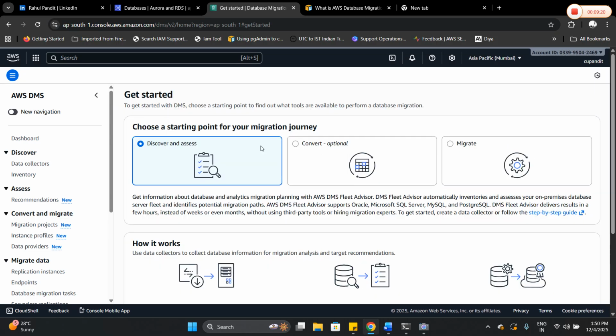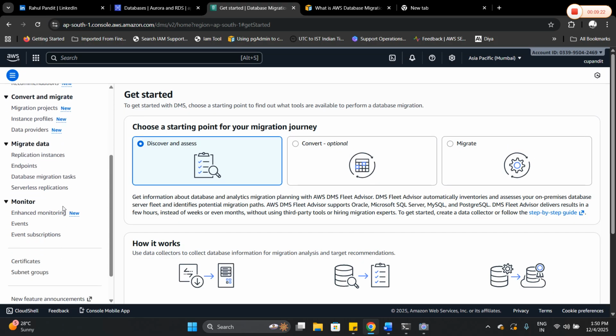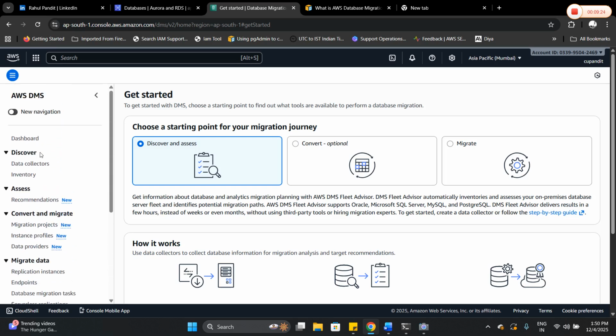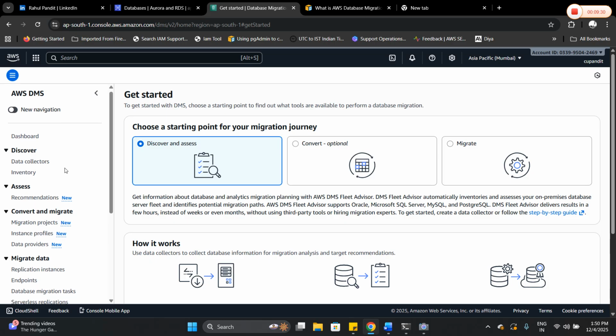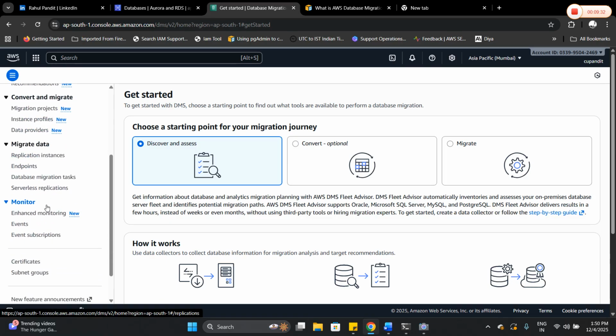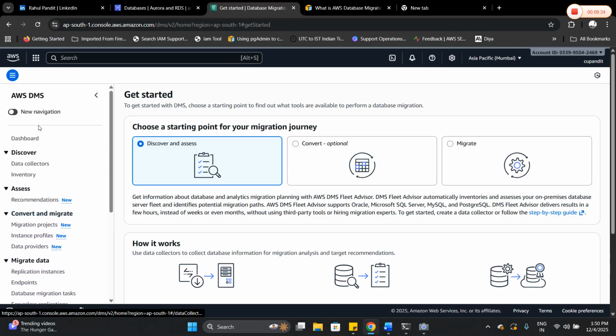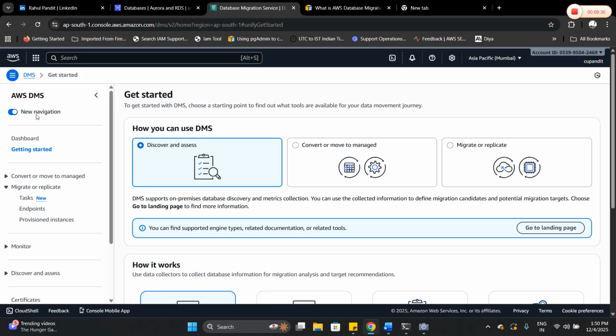So just start it. You can see on the left side of the screen what options are available. You can check the new navigation that will reduce, and this is complex actually. It's not complex, but you need a bit of experience to understand this. I'll go with the simple